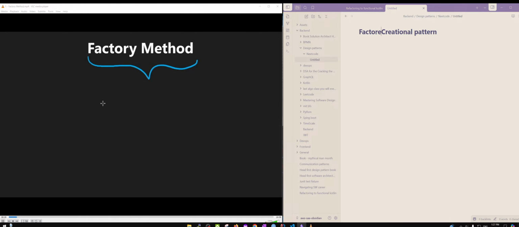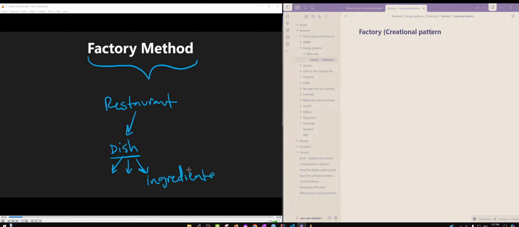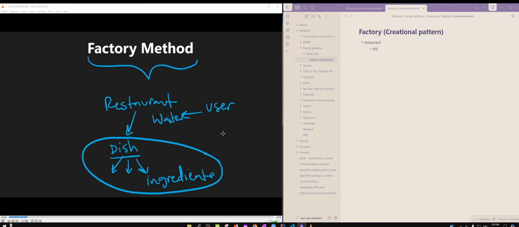Well, an analogy would be when you go to a restaurant. When you order some type of dish or meal, you don't necessarily have to specify all of the ingredients that go into that dish. So that's one level of abstraction. As a customer or user, you usually go through a waiter and tell them your order, and then they tell the chef, and of course the chef is the one that actually builds or creates the